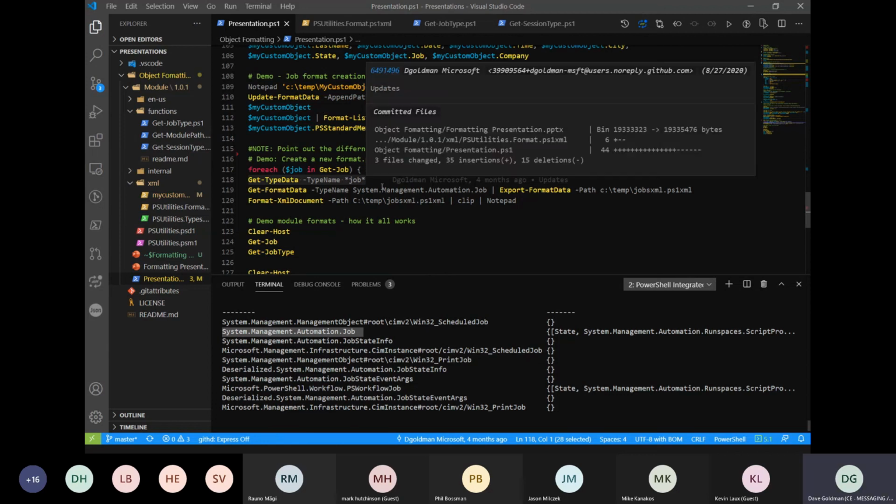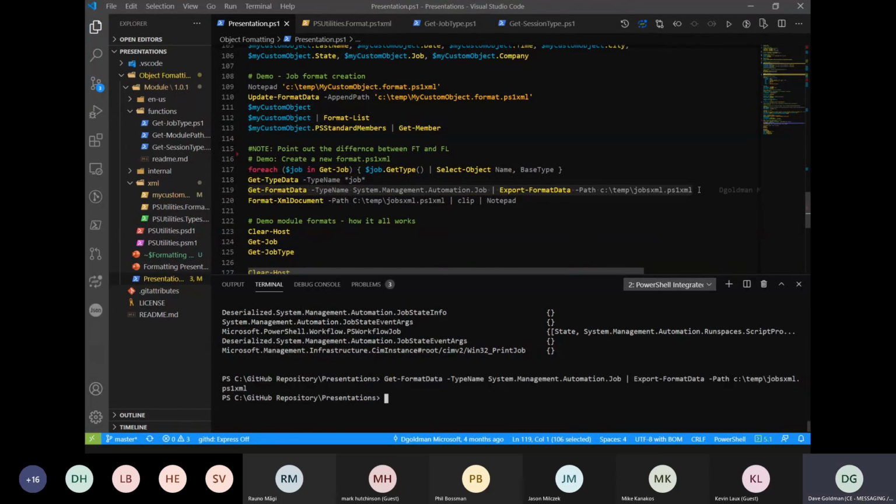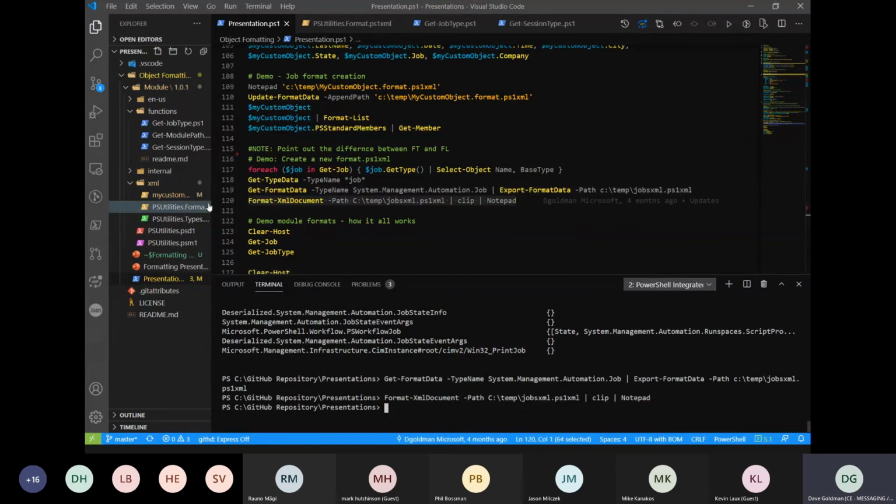So I'm going to do a get format data, with the type name I'm looking for, in this case System.Management.Automation.Job, and I'm going to export that. That'll export it out, and then I wrote a command, and it's going to dump it out.